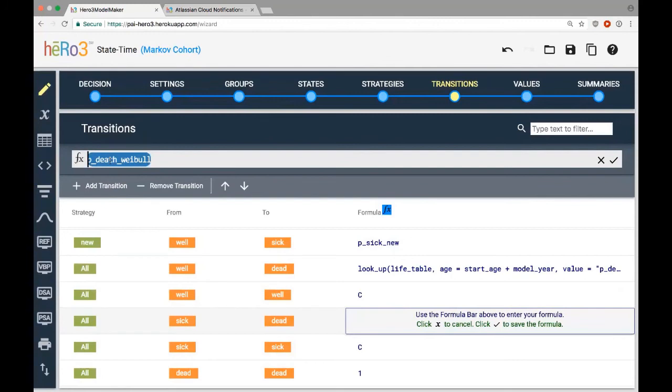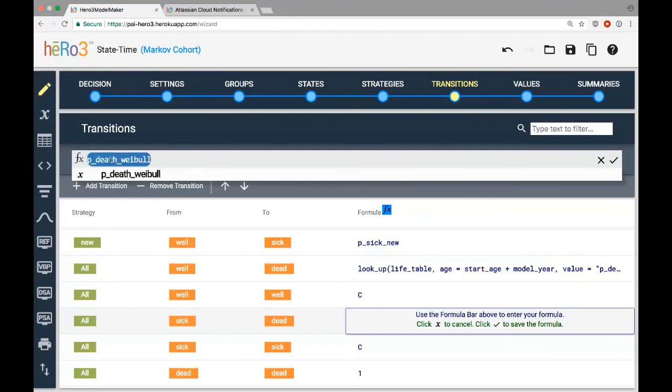Sure. So let's take the example here of this probability of death from the sick state. So let's say that beyond the 4th cycle in the sick state, the probability of dying is 100%. So for whatever reason, you can't survive more than 4 years. I'm just going to use that example here. So what we can do is use a conditional function to make that work. We're still going to take this pdef Weibel because that's going to represent our probability of death during the first 4 cycles. But we're going to append to this the if-else function, which is kind of like an if statement in Excel. And so the first argument to if-else is the condition.